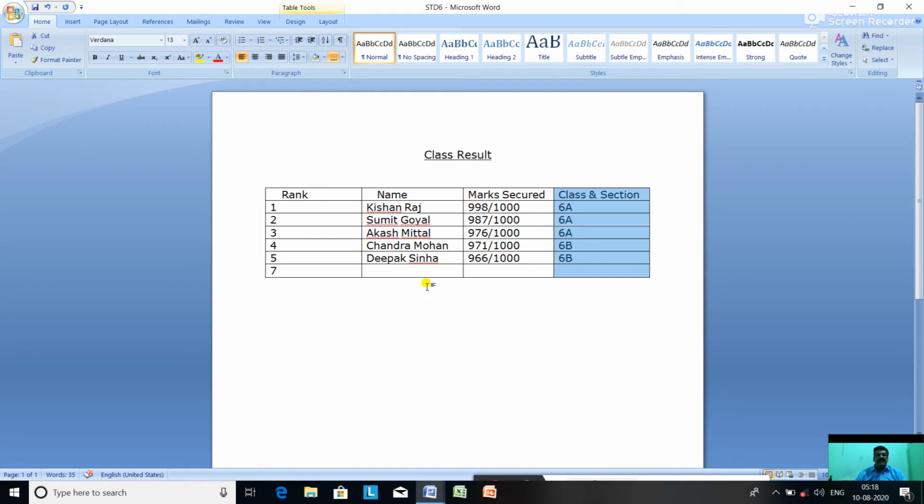Now see, this is a table. Suppose you want to write this name in a big font. The font is 13. Suppose you want 20. So it will not fit in this cell. So what are the steps to increase the height of the row? First